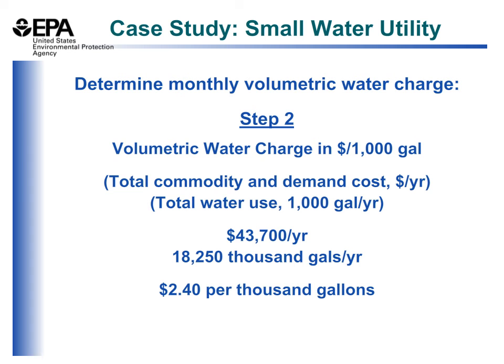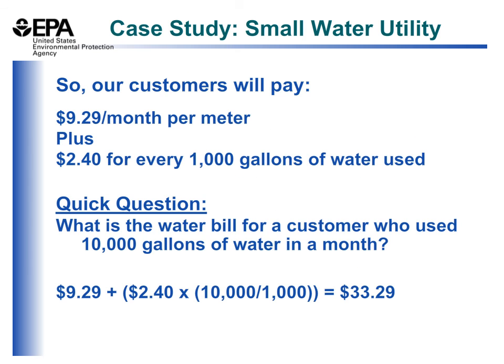Or that could be converted to 0.0024 cents per gallon. When asking utility operators across the country if this seemed right, most agreed that this was a good per gallon cost for producing water. So in this case, our customers would pay the $9.29 per meter plus $2.40 for every 1,000 gallons of water